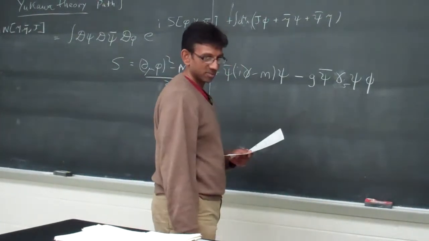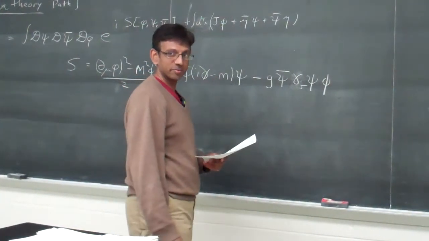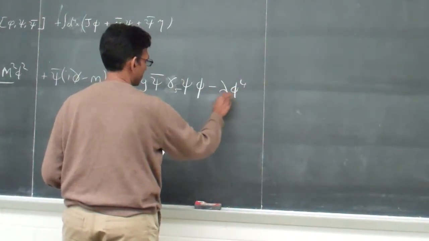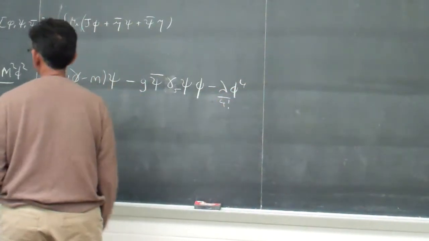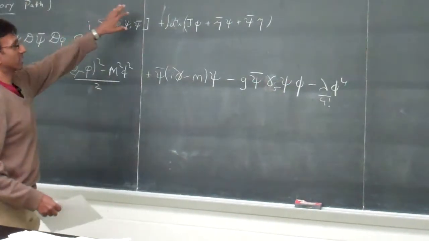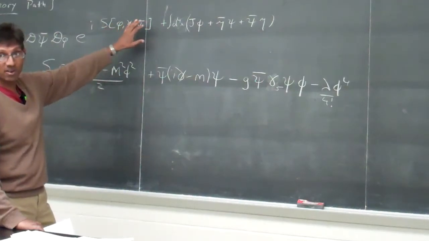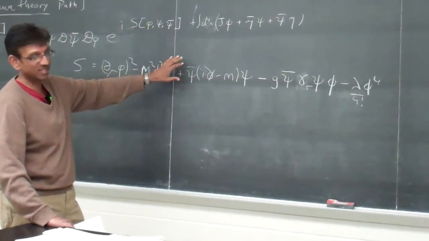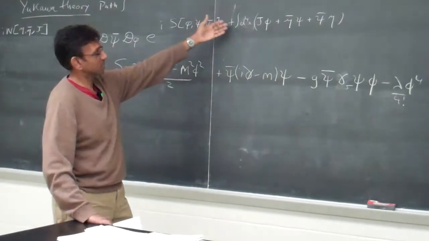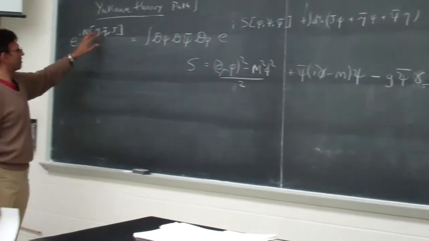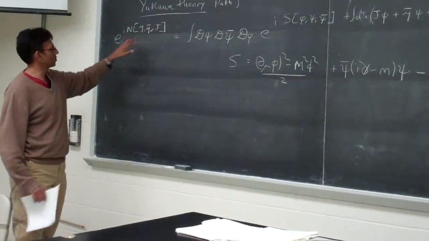Like that. That was a slightly neater version of it, remember? You could have some lambda phi to the 4th if you want. Anyway, you get to choose whatever action you want. At the moment, we don't have any filter for choice of actions as long as they're relativistically invariant. But the source terms sit here, and functional derivatives with respect to,